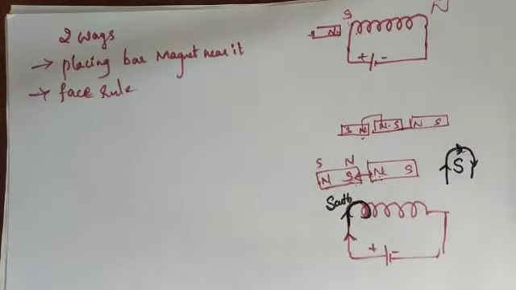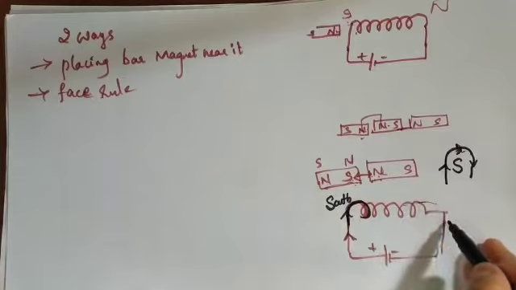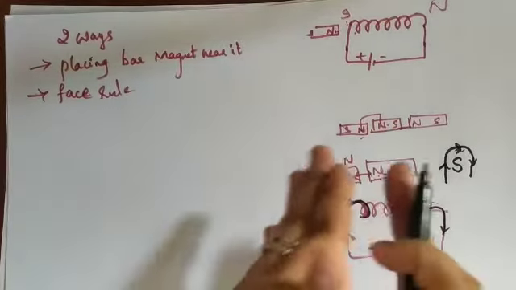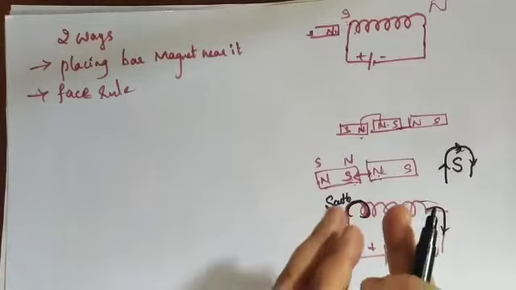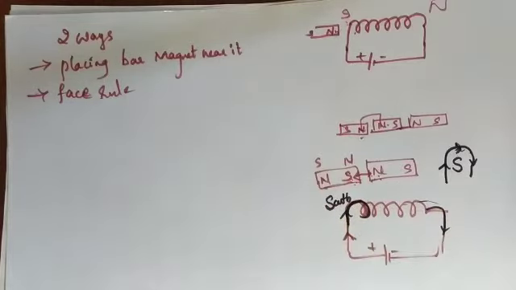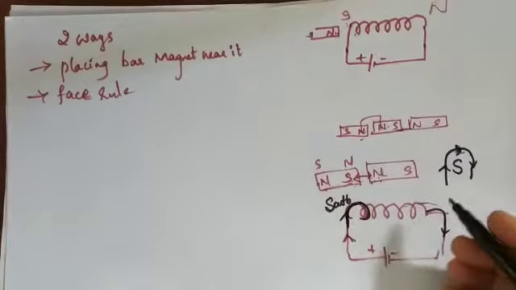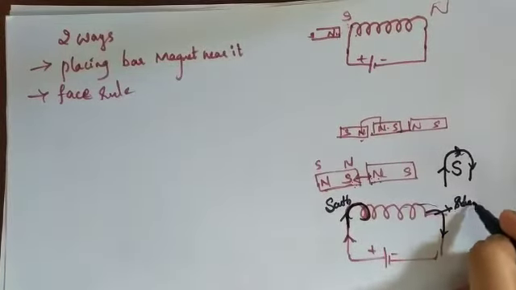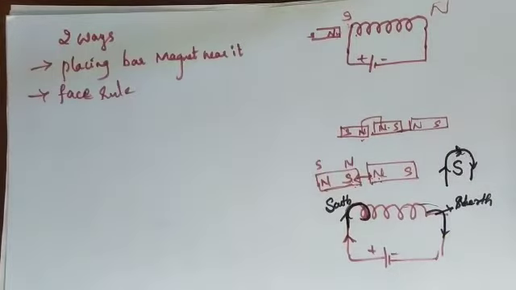Similarly, if I take the next one, here the current is flowing in this way. It's going downwards in this direction and it is going out, isn't it? In this direction the current is going out of the solenoid. Then if it is going out of the solenoid, this direction I can say is the north direction. Okay, this is one method, in the case where the current is in the clockwise direction.